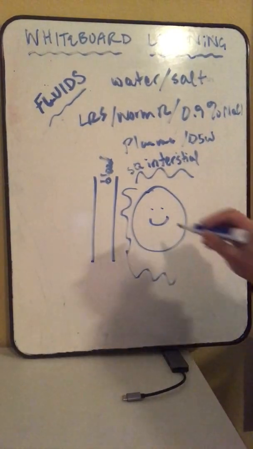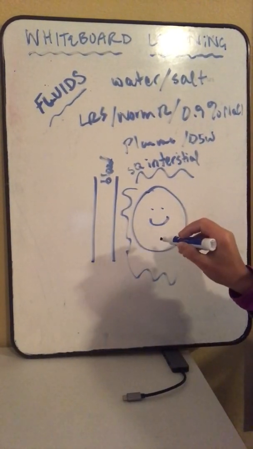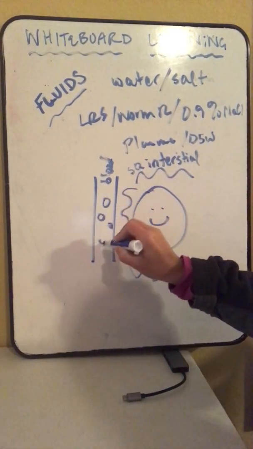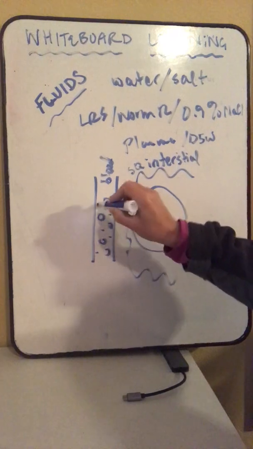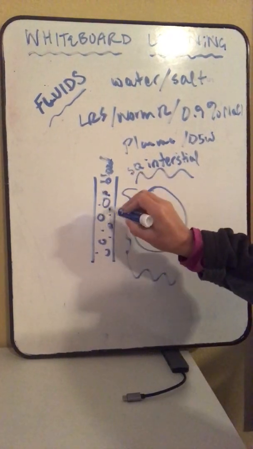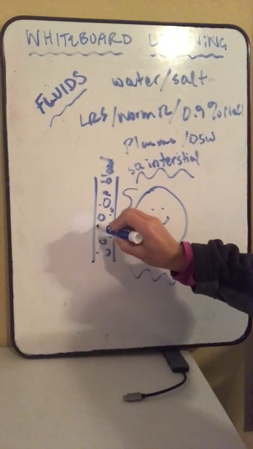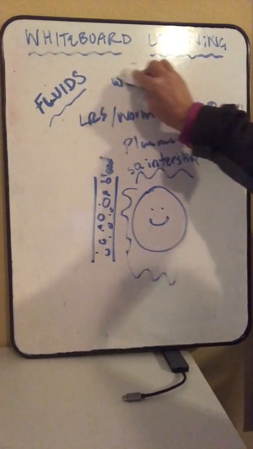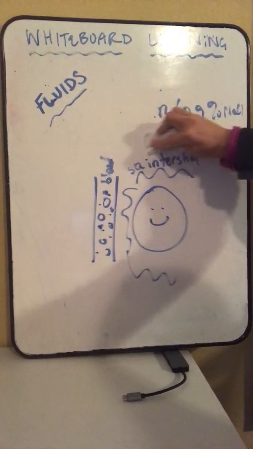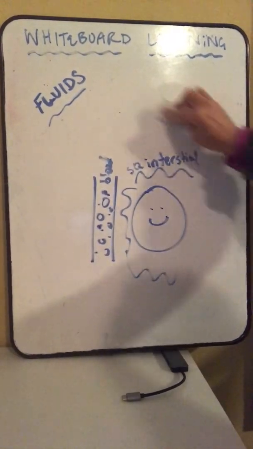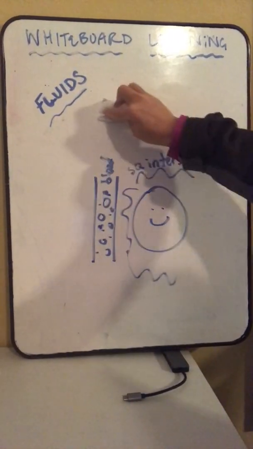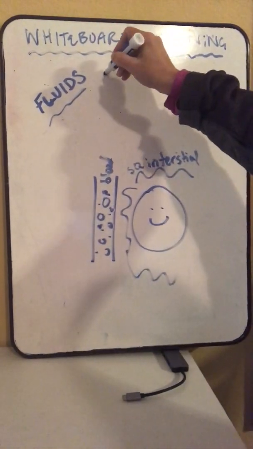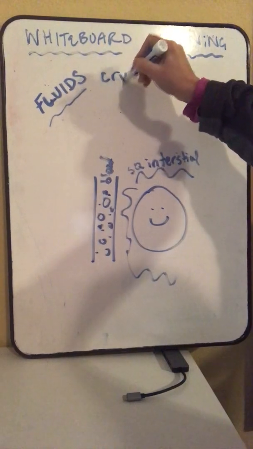Inside the cell, the fluid is actually a little bit different than in your bloodstream with your red blood cells and your platelets and your white blood cells and stuff like that. So these fluids are slightly different in saltiness and proteins. They're all in the different spaces that they need to be. But the saltiness is sort of the first approach when we talk about the kinds of fluids, because the first way to differentiate fluids is by saying something is a crystalloid